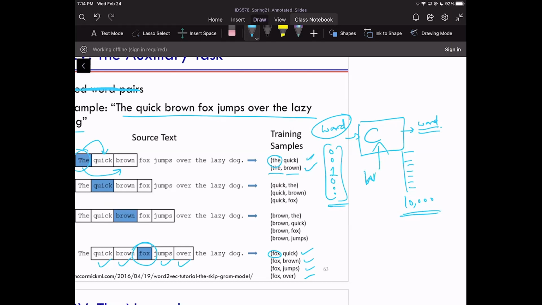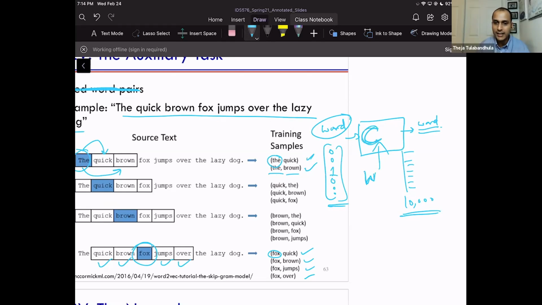So this thing happens to be a neural network, in fact, a one hidden layer neural network. The first layer, the one which gives you the hidden activations, has weights that essentially give us the word embeddings. So input is this, output is a word, and that's exactly what the training data is: input, output, input, output. Now you can say, for the same input, why am I getting two outputs?